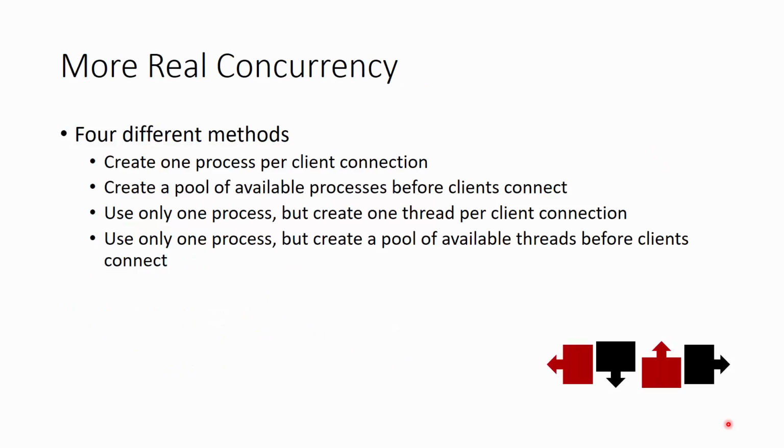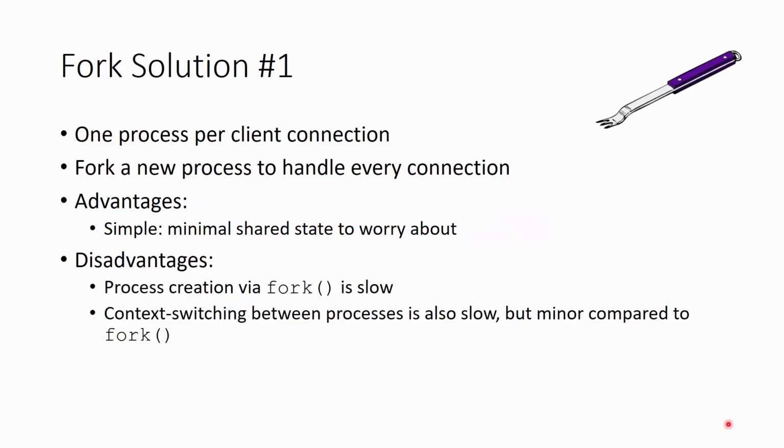So there are 4 typical ways to produce this real concurrency. Briefly stated, we'll create one process per client connection, or create a pool of available processes before the clients connect, and then use those as they arrive. And then we can use just one process and either have one thread per client connection, or in that one process have a pool of available threads that are previously spun up for those clients to use when they get here. Looking a little bit closer,